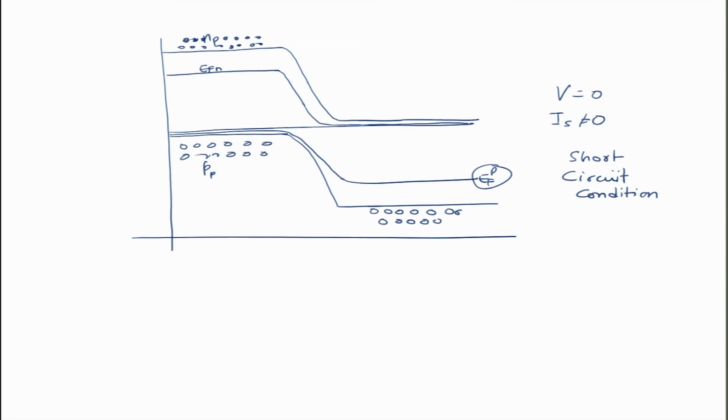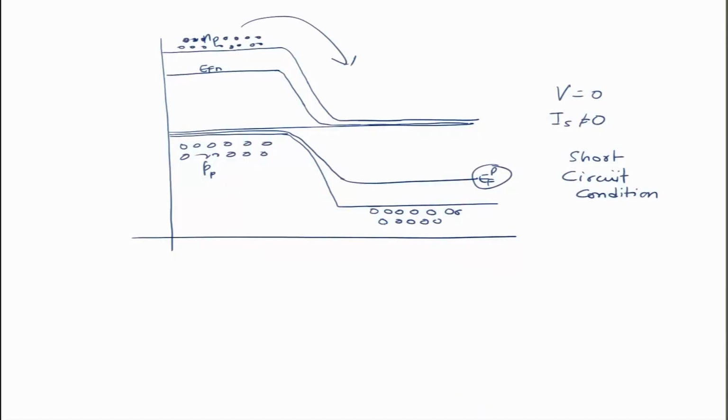Similarly, if there are a lot of holes from this side, despite having a diffusion gradient, despite having more number of holes on this side, there is a driving force because of splitting of Fermi levels, because Fermi levels produces an inbuilt force for these holes to migrate from this side. So electrons will come this side, holes will go this side. This is the flow of electrons and holes in the opposite direction, and this contributes to what we call as negative